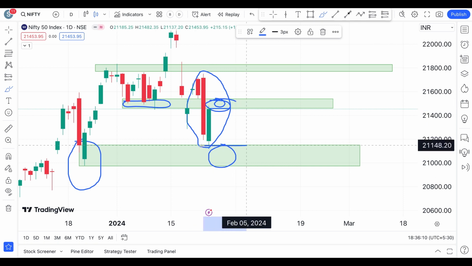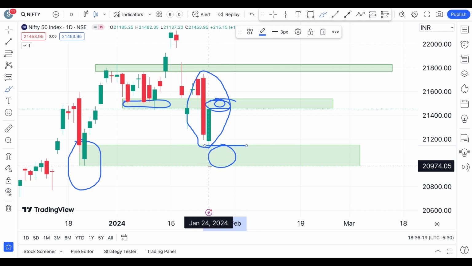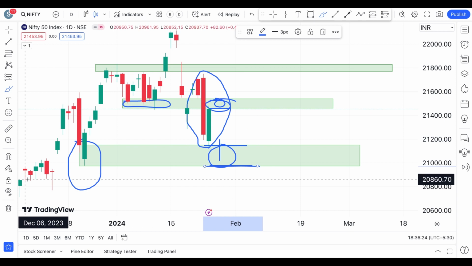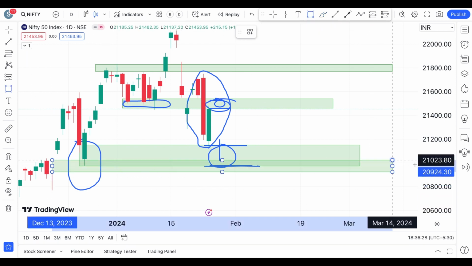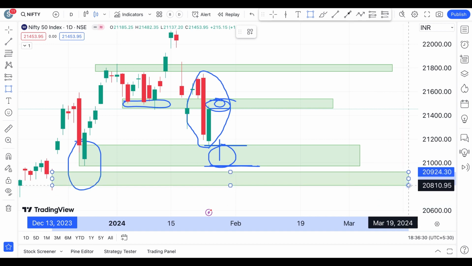But for any reason if it crosses this line, then the only way to look at the Nifty chart is towards the downside, and this can be acting as one single level. But along with that, if you want to draw the next level on the left, then this level becomes